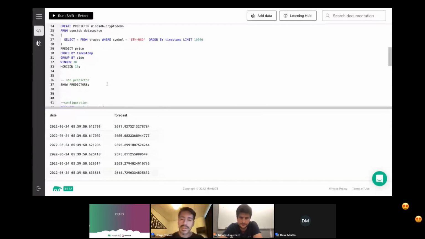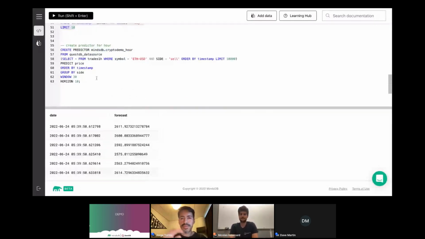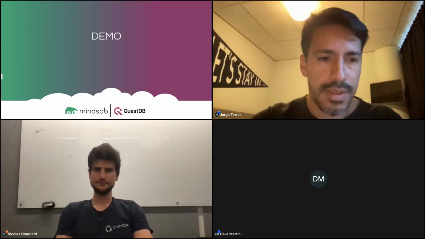Forecasting on time series: one single statement to create a predictor, and then a very simple statement to actually do the joining of the information that you have with the predictor that you have to forecast in the future. For the sake of this demo, and while we continue to finalize the slides, let's train another one, but now by hour. So we're going to use the table that does the aggregation by hour, and we can leave that training. I'm going to stop sharing for now and go back to the main slides.